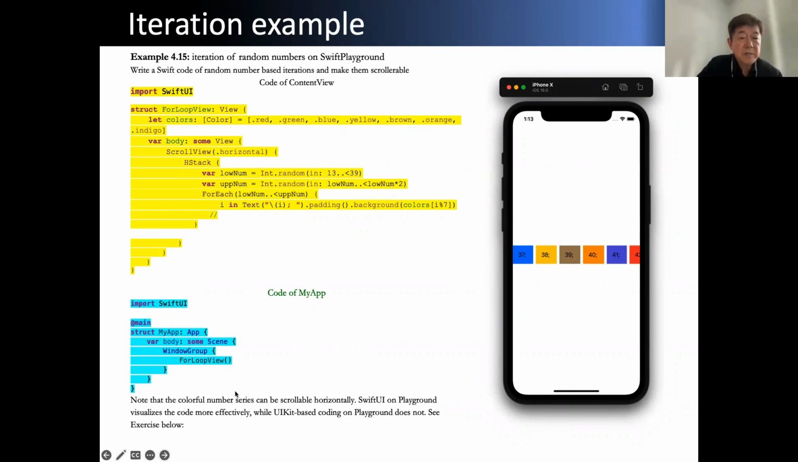Oh, this is something I already explained. This is called my app. This is a content view, right? But I changed it to my struct. It's not ContentView, it is ForLoopView. If you use a ForLoopView, then you need to use a ForLoopView here, right? Only this change here in this my app. And instead, this ForLoopView,